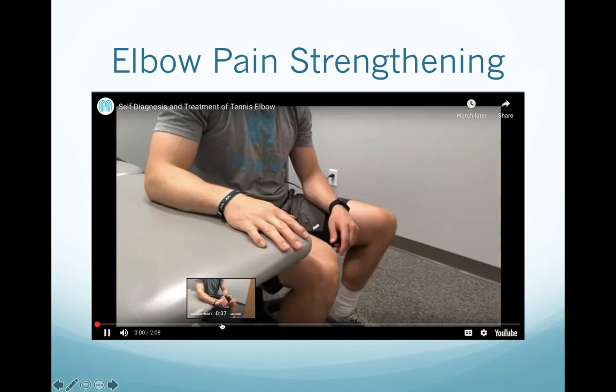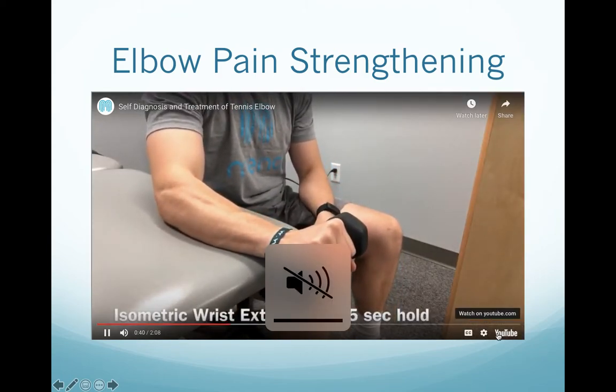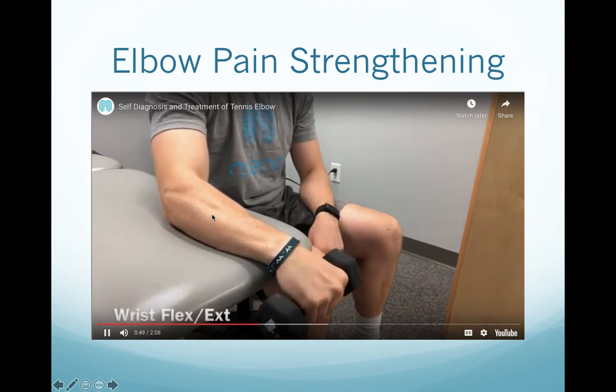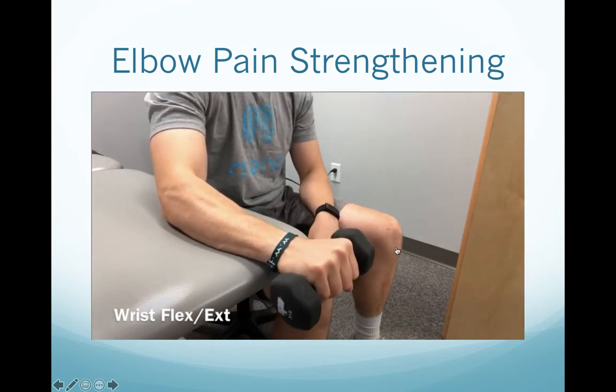So here's just a video on some elbow strengthening. So we can start with some elbow extension. And as we lift the dumbbell up, we can work on isometrics to start. As we work into extension, again, a 45-second hold, then transitioning to more of a dynamic movement, more of an on and off movement,